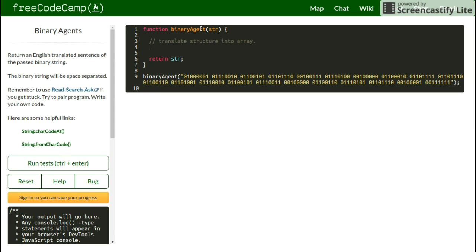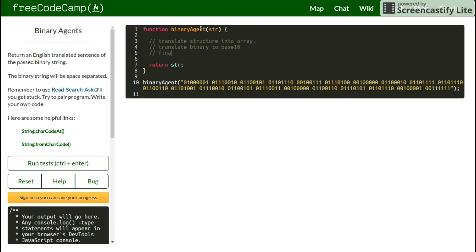Then once we have that, we want to, let's say we'll translate binary to base 10. Then finally we will get the character from that base 10 number. So let's say get,